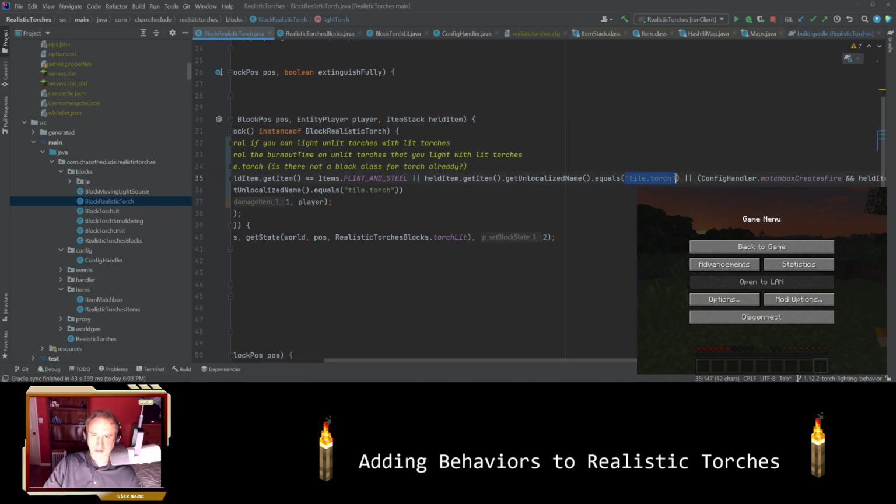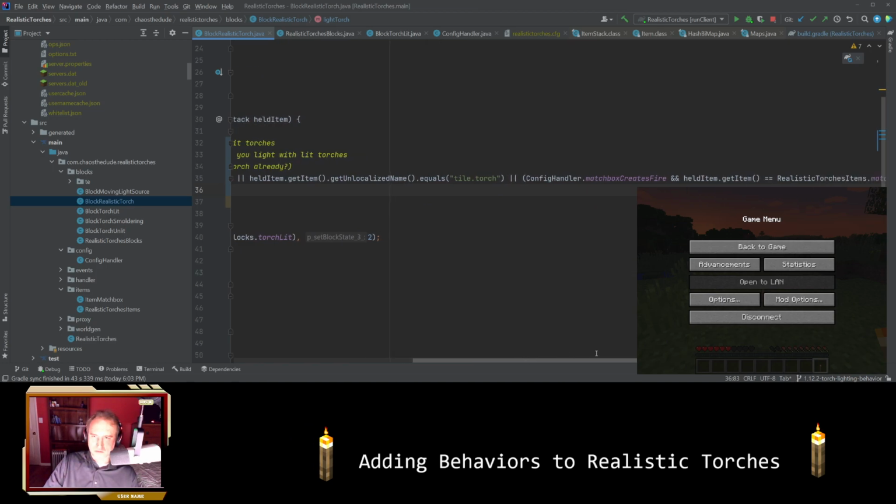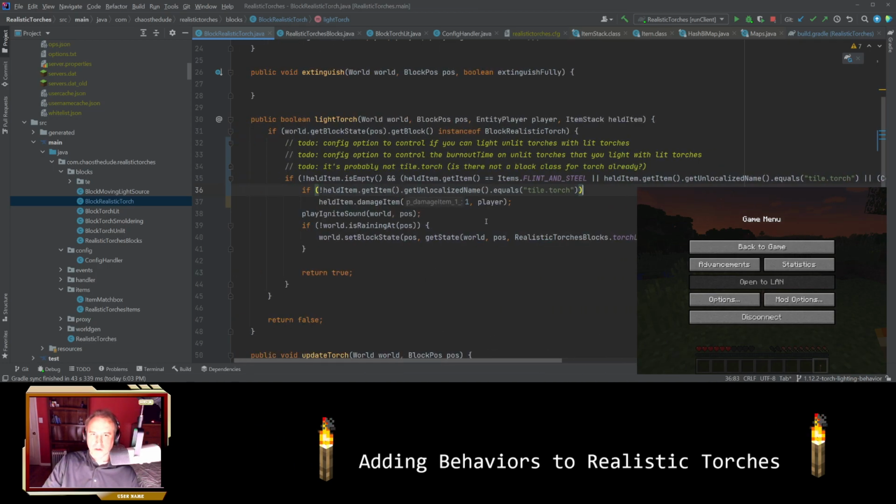It's got to be block.torch or blocks.torch or torches.block something. I think I said the same thing twice, but whatever. And